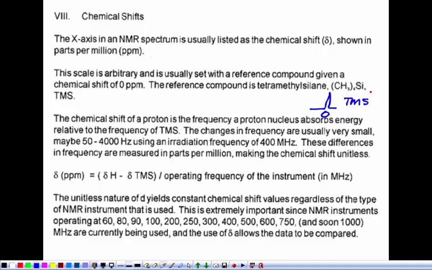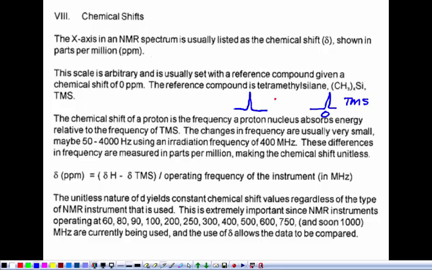So we just tell the computer that TMS peak is going to be 0. We will sometimes add a small drop of TMS to the sample, or there might be some TMS in the solvent that we use. But either way, we take the TMS peak and we say that's 0 parts per million, 0 chemical shift. Then we'll have a peak from our sample that will occur basically to the left of that